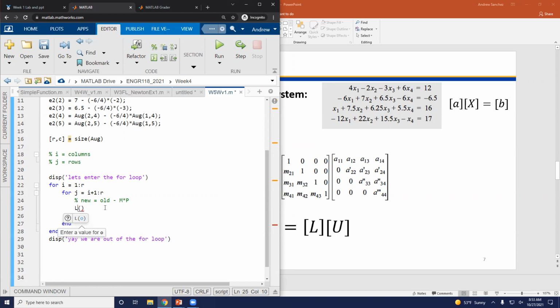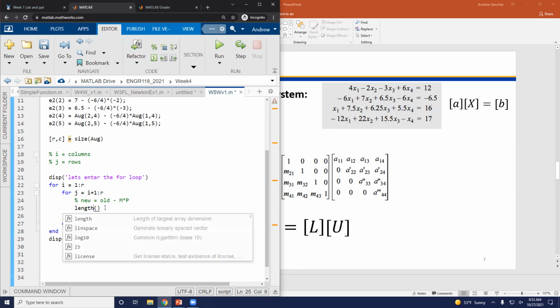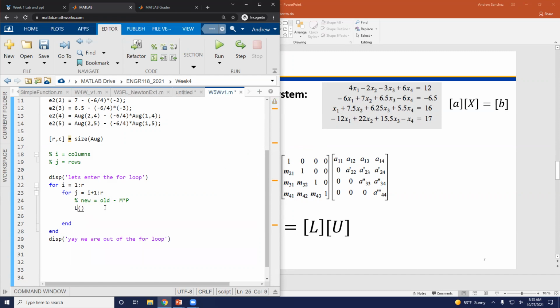That's just a single number, so we're just going to do I comma j. Oh no, excuse me, j comma I. Why j comma I? Because what was our first multiplier? It's 2, 1: the second row, first column, minus 6/4. So L of ij should be